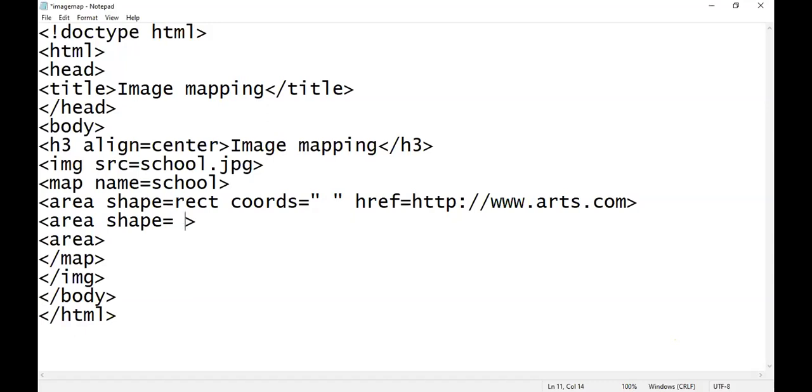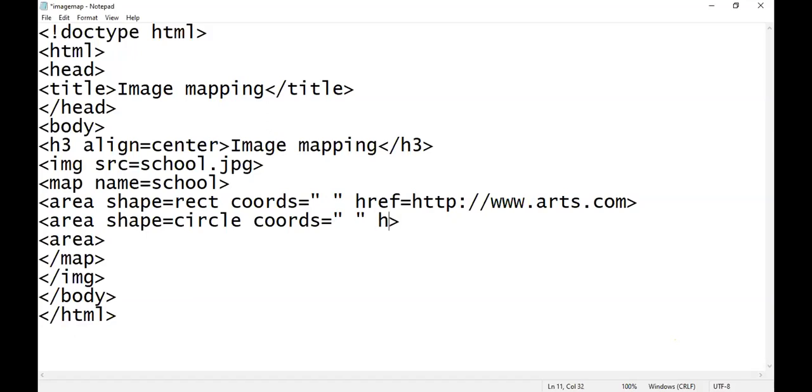So if you want to create a circular shape, I can write the value circle for the shape attribute, right? Next is coords. Similarly, we will keep it blank. We will decide later what coordinates we have to specify over here.